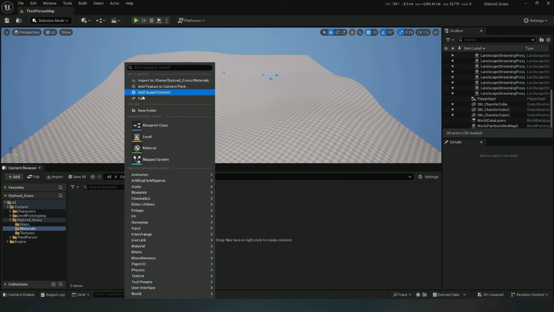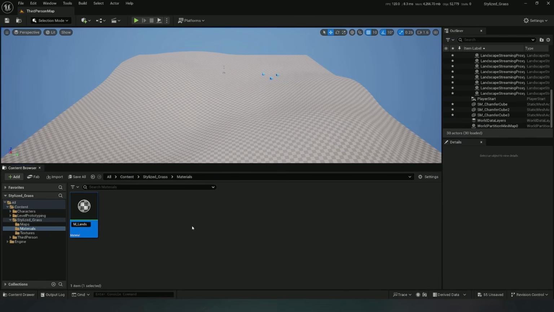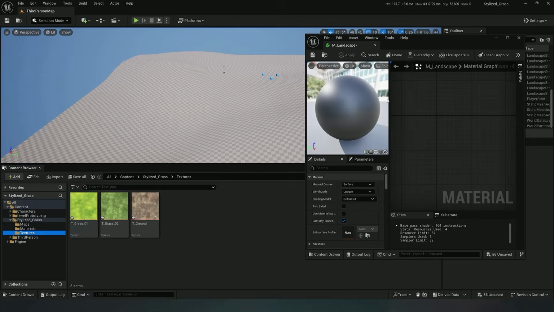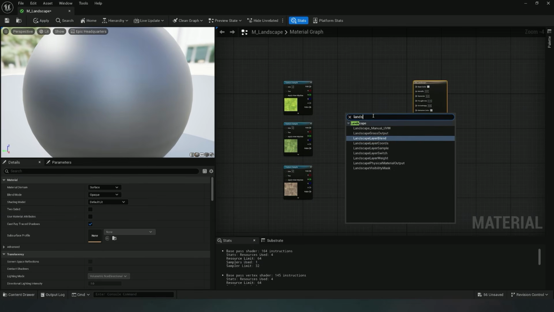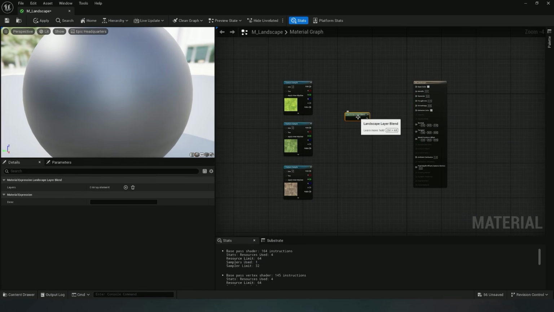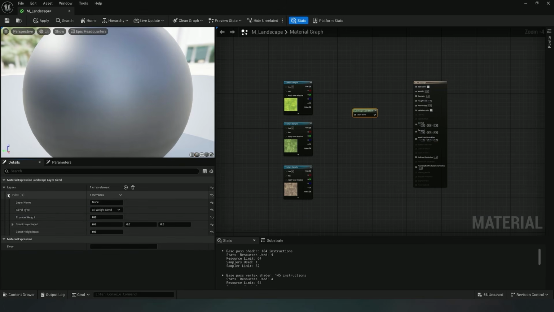Okay, now let's create a new material, which I call Landscape, and immediately drag our textures there. First, I add one of the most important functions, Landscape Layer Blend. This function will help us paint with our textures and blend them with each other. Go to the function settings and enter the name of the first texture in the name field. I advise you to duplicate the texture naming in the layer names so you don't get confused in the function